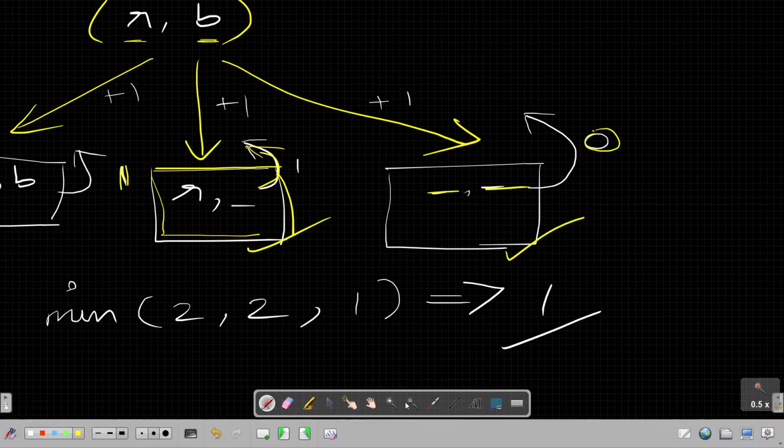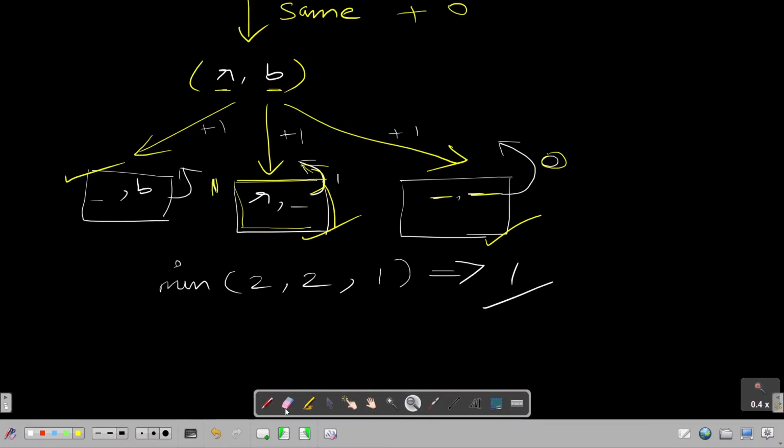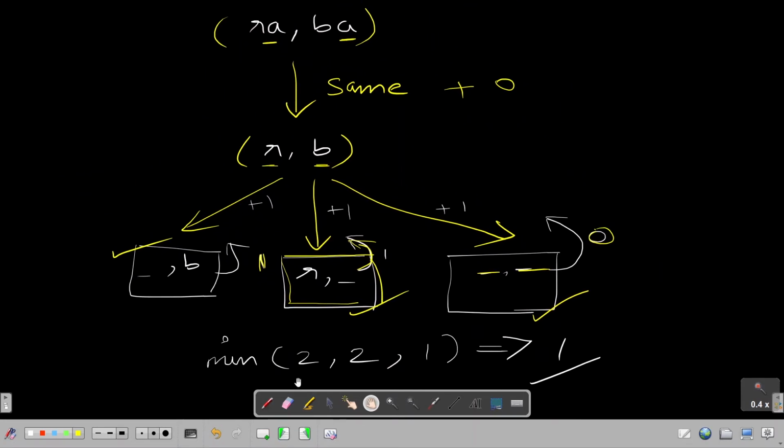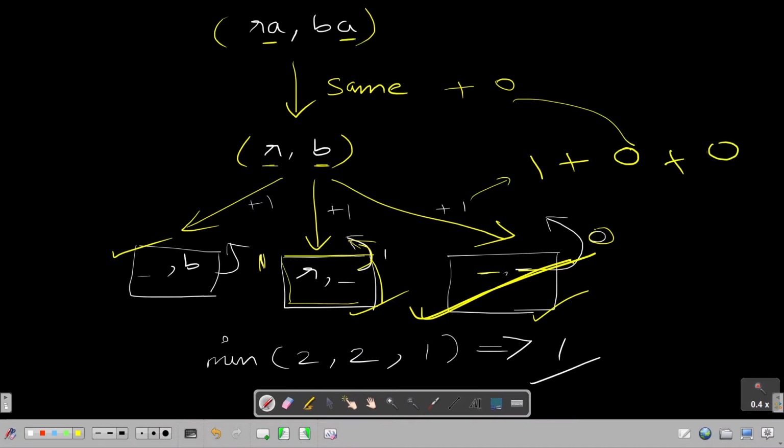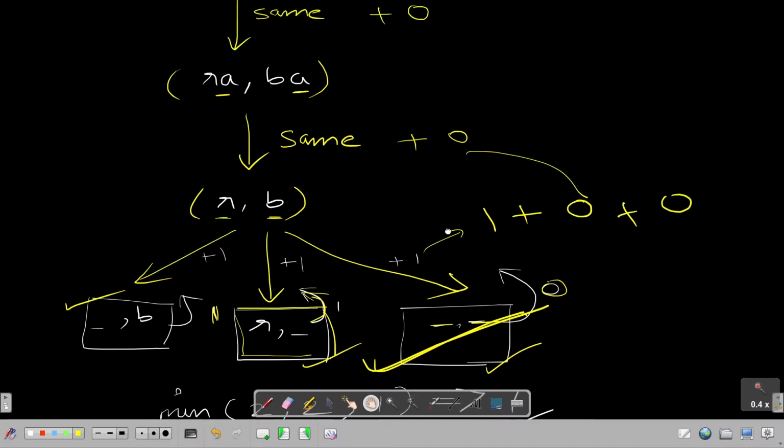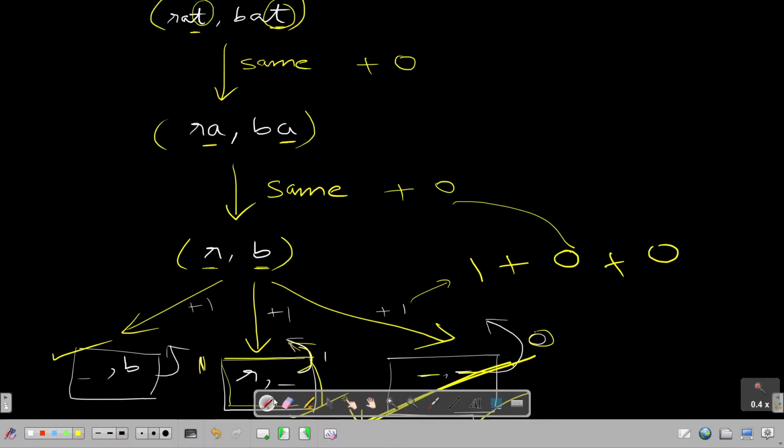So we can quite easily observe that the minimum number of operations will come from the third case. This case leads to the minimum number of operations, which is this 0 plus the 0 above, plus the 1, which is equal to 1.